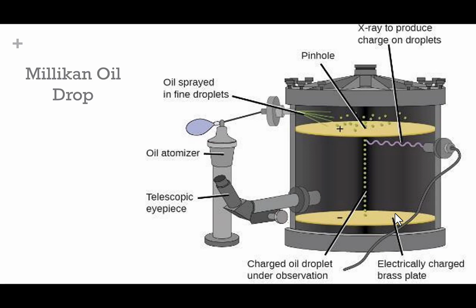So long story short, with this Millikan oil drop experiment, they had electrically charged oil droplets. They allowed them to drip down, and they were able to slow down how fast they dripped. And they were even able to kind of stall them inside that system. So by changing the electric field, they were able to slow those drops down to kind of stall them, and that determined exactly what the electric charge was for those particles. So we know they're negatively charged, and now we know exactly what the charge is. Okay. So where are we?